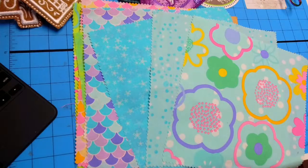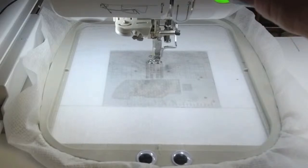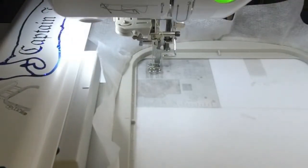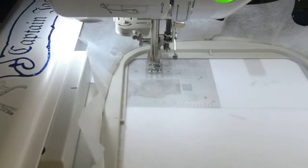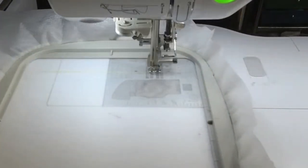So, okay, Don, let's go over to the machine. All right, and let's get this party started. Oh, it worked that time. Are you ready for this? It's easier than you guys think. I love to create designs that look really complicated but are not. So the first step is